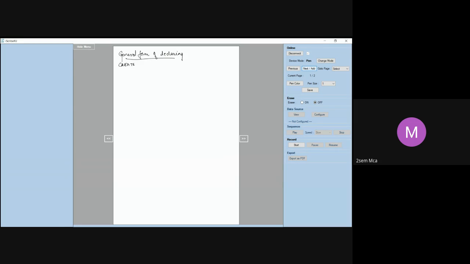So we give here create procedure, and the procedure will always have a procedure name. Create procedure, procedure name. Within the brackets, I am giving parameters.